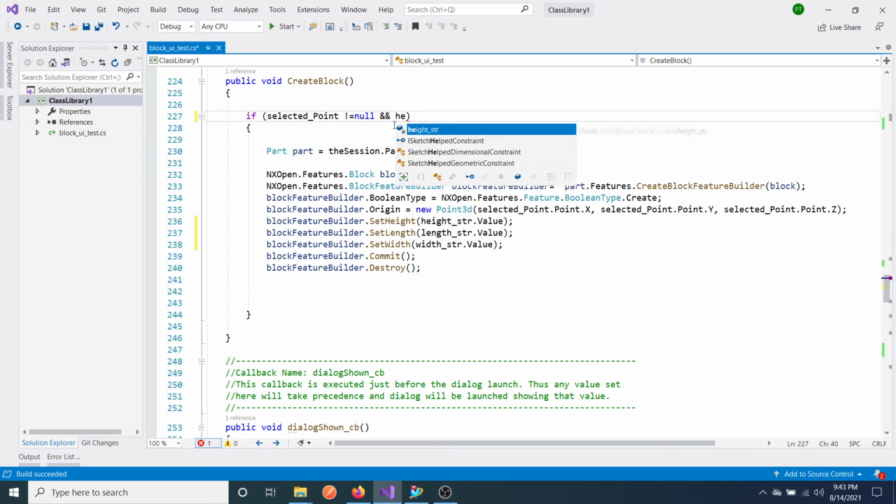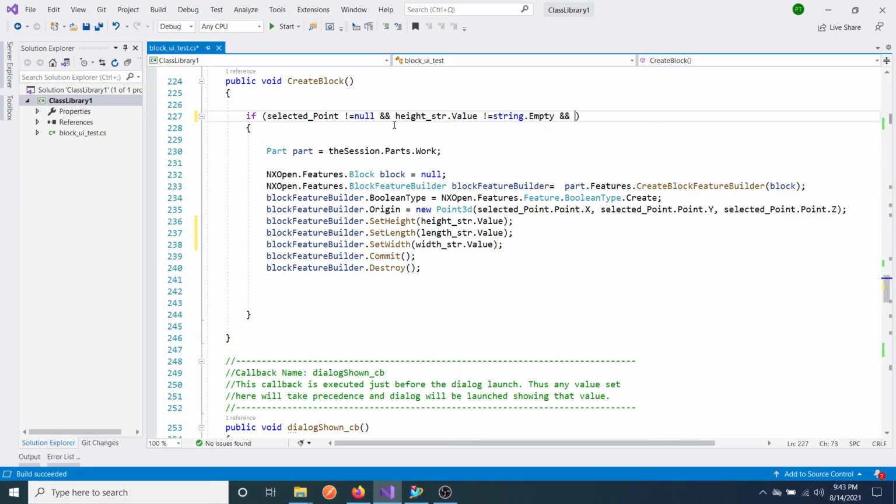So height str dot value is not equal to string dot empty. We have to check a lot of things, but at the moment this is very important: to check that the value is not empty. That's why I'm just introducing this, because if I tell you more than these conditions, it will be very confusing for you.